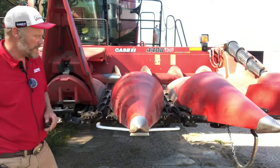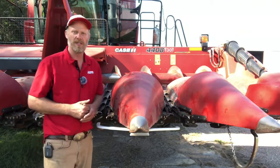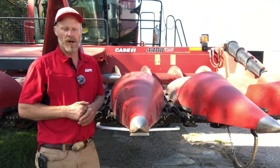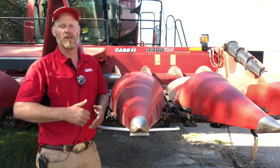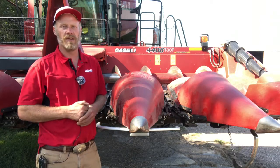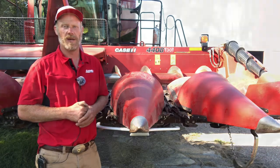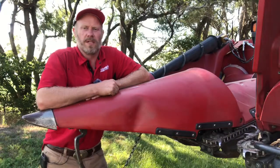So you may find that offsetting the row a little bit might help you, especially if it's leaning in one direction with the row. You may be able to get off of that row a little bit, use the snoot to lift that crop up, and it might save you from having to harvest in a single direction in the field and deadheading back to the other end. So hopefully this video will help you out getting through harvest, especially if you've got some